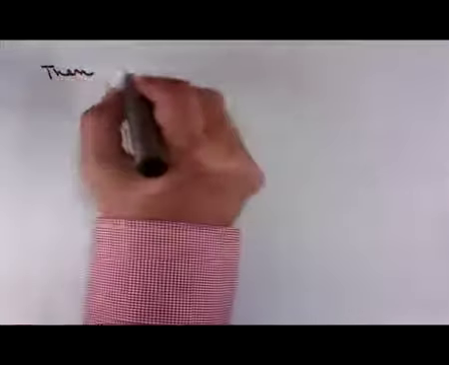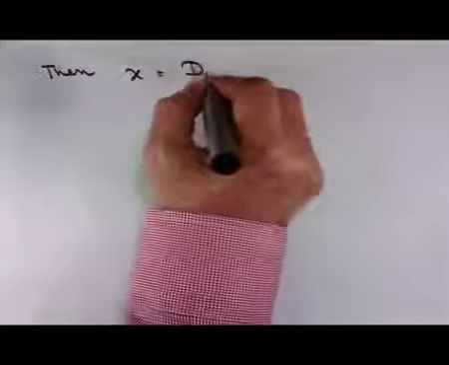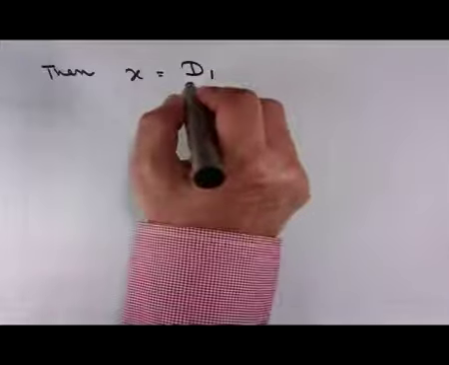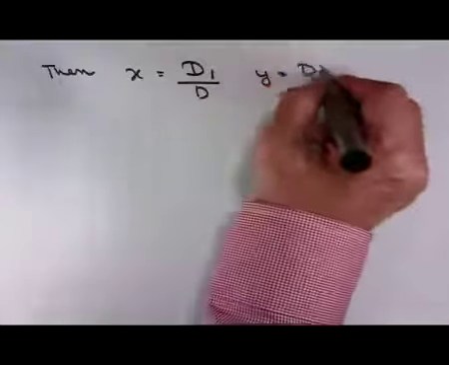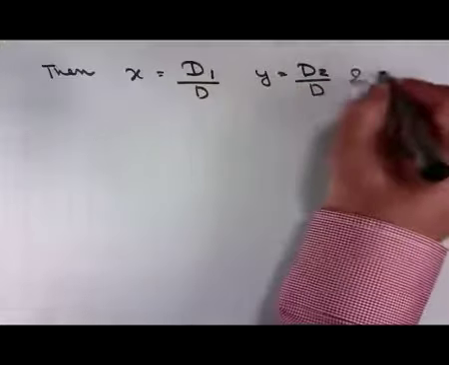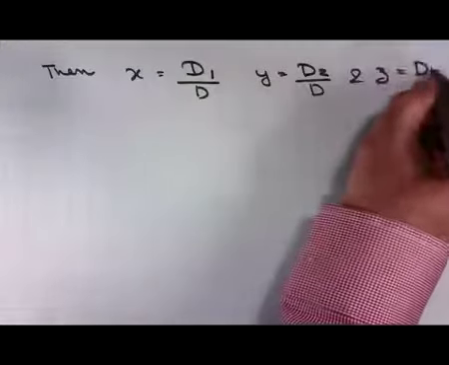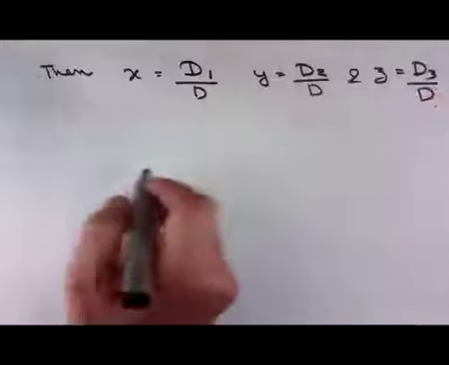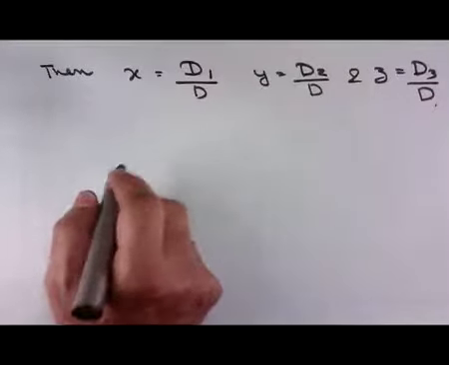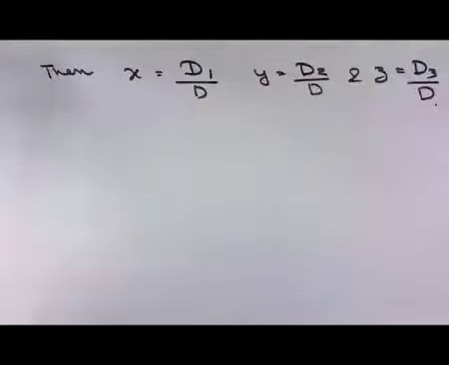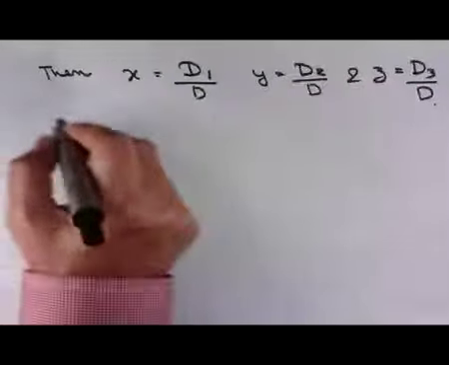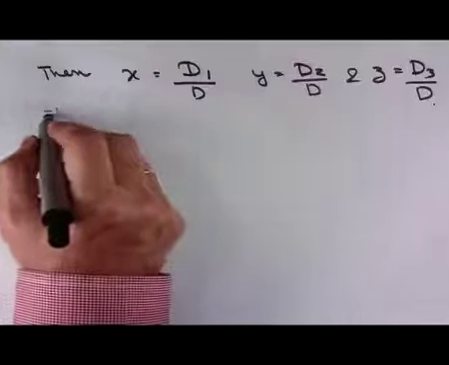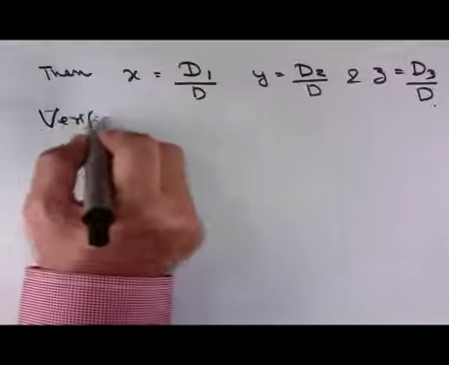Then x is equal to D1 upon D, y is equal to D2 upon D, and z is equal to D3 upon D. I am not proving it, but I am verifying it with the same example which we did just now. So, verification: